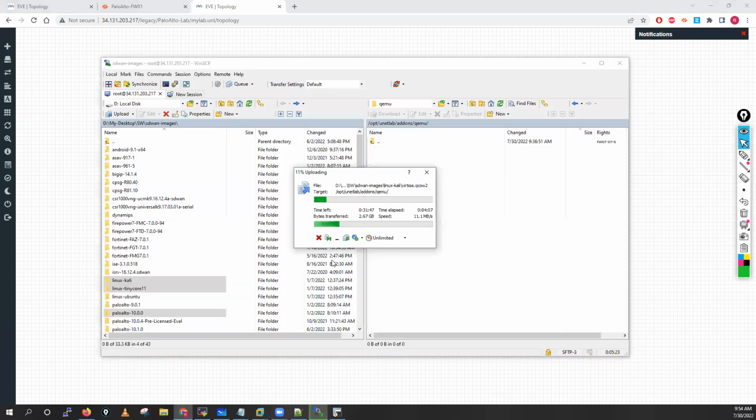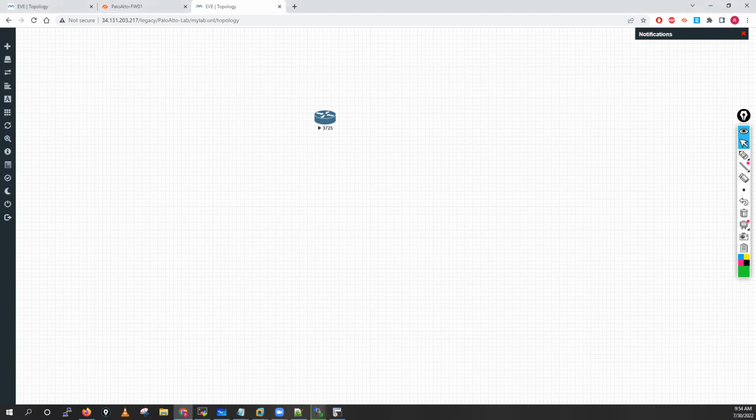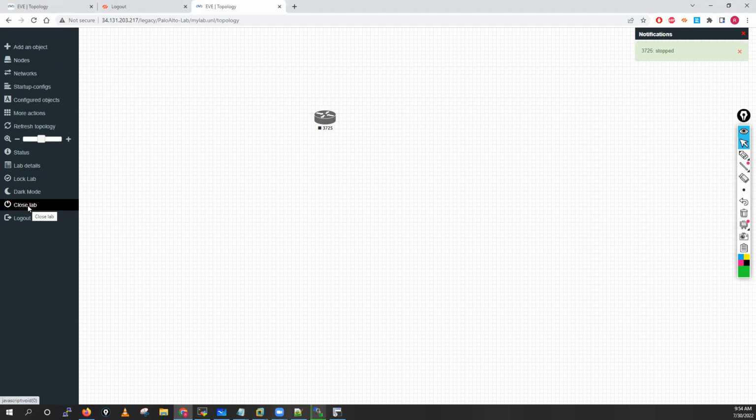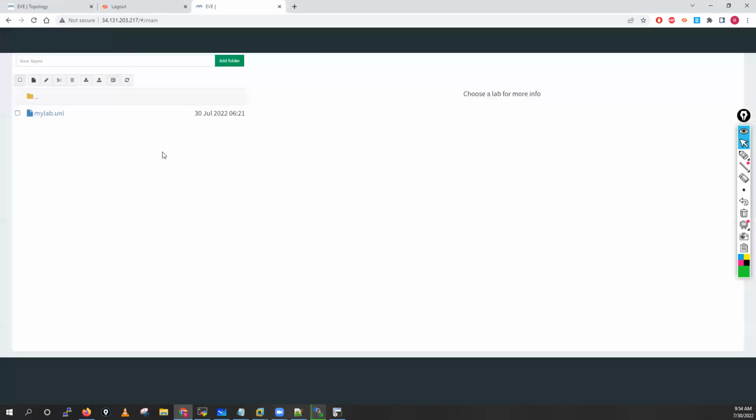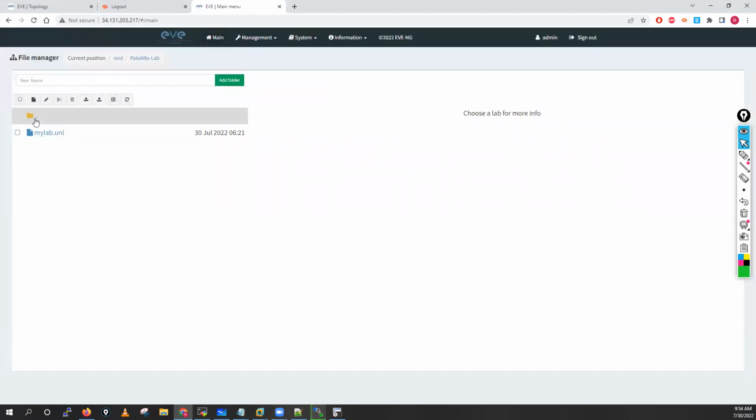Let me see. This particular upload process is still going on, guys. This process really takes time. So let me show you one more thing. As you know, you don't need to create any topologies, guys, because the topologies are already created by me, and I have already shared these topologies on our WhatsApp group, right? So what do you have to do? You can just click on